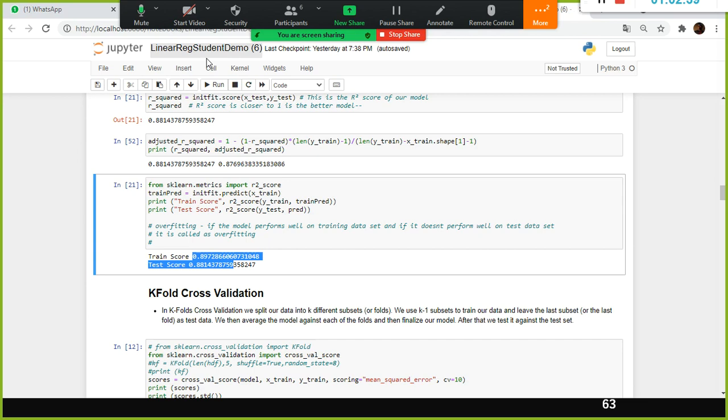There is a subtle difference. That means when I check the R squared value for the training data set, it is 0.90. When I test the R squared value for the test data set, it is 0.89. What do we conclude now? I discussed this in the previous session.